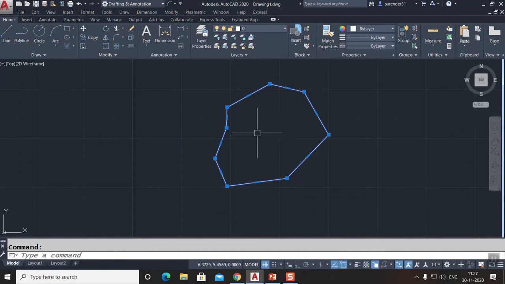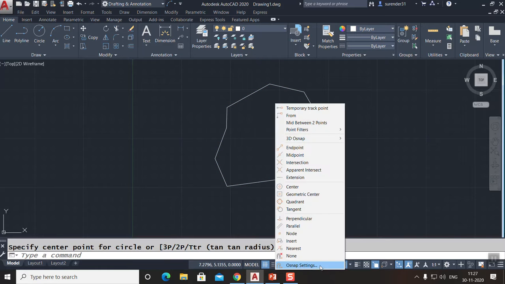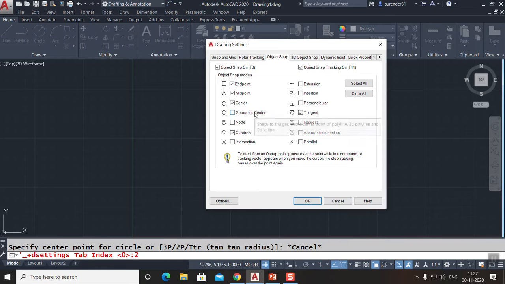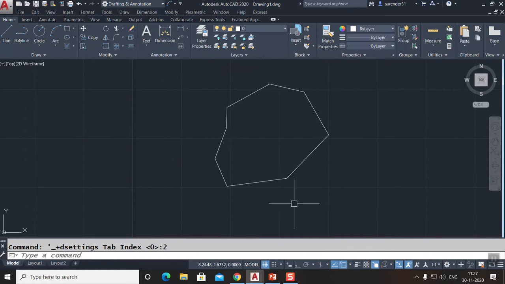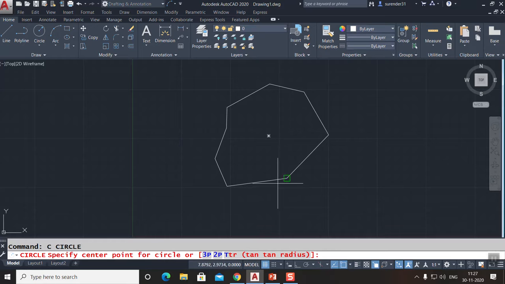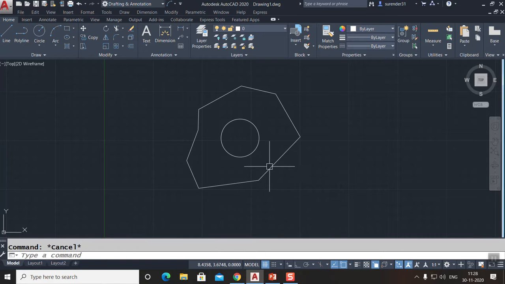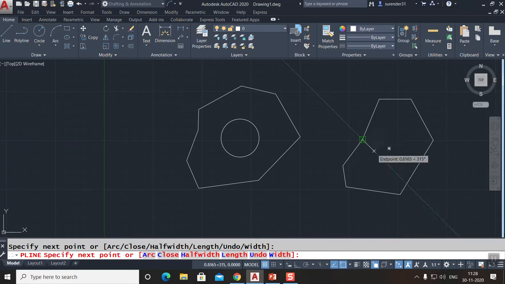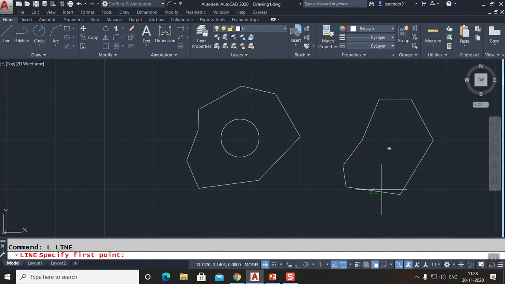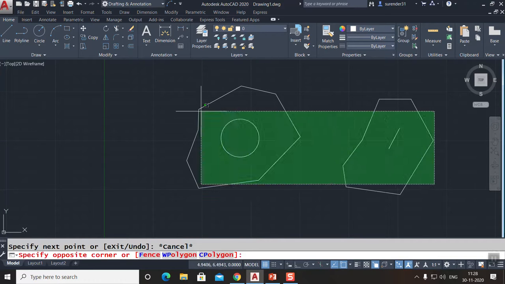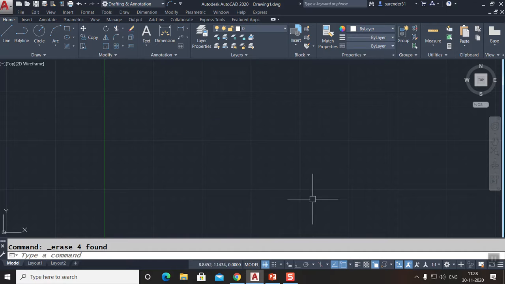If I want to locate the centroid point of this closed object, then I turn geometric center on. For geometric center you can access it only from the dialog box. You don't have any shortcut for the command window. Now I want to draw a circle from the geometric center, and I click here and drag it here like this. So I get the centroid like this. Again I'll draw some irregular shape with the P-line command, and then I can locate the centroid point directly, right? So that's how you can use the geometric center OSNAP mode.